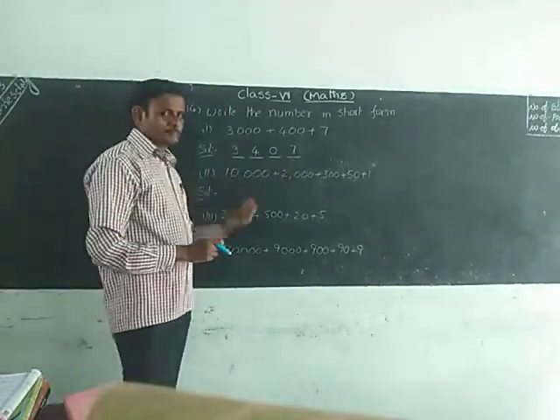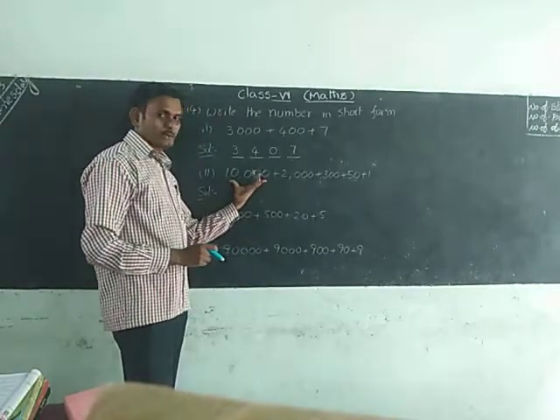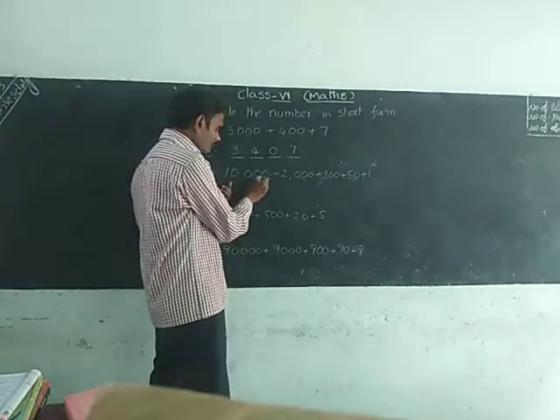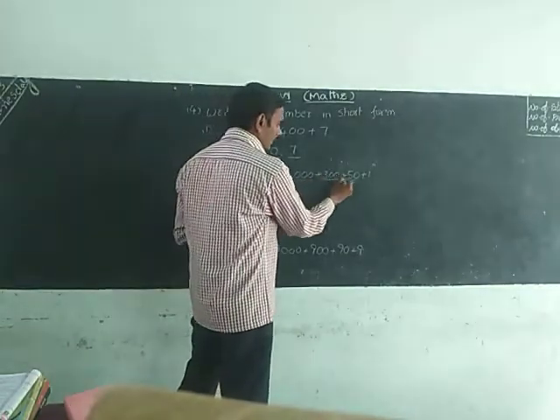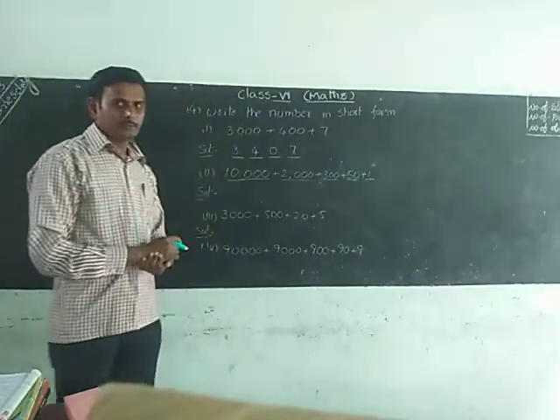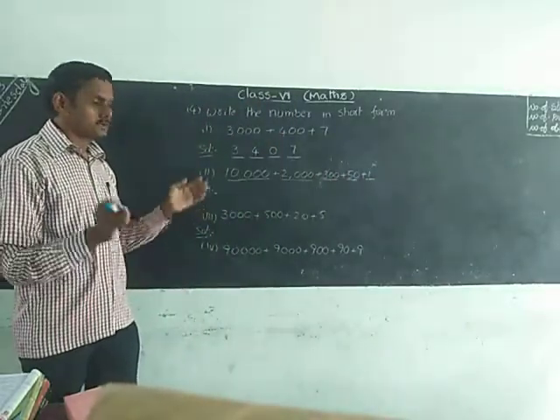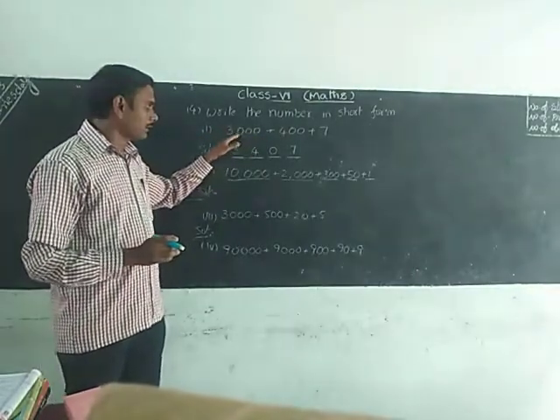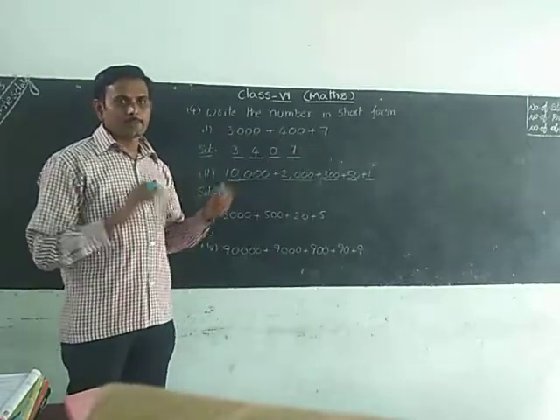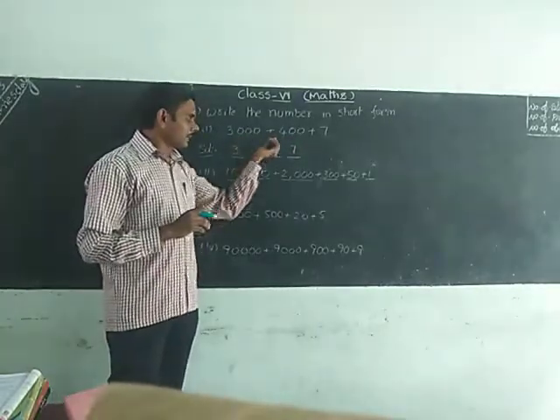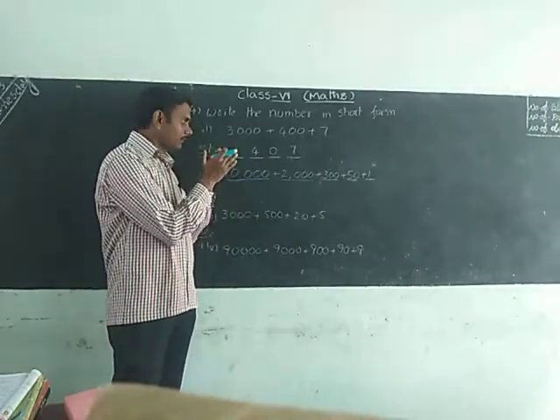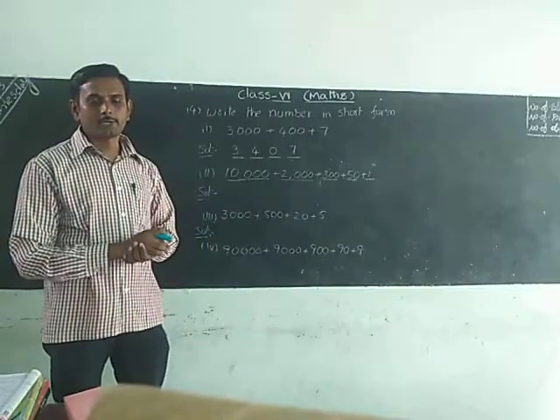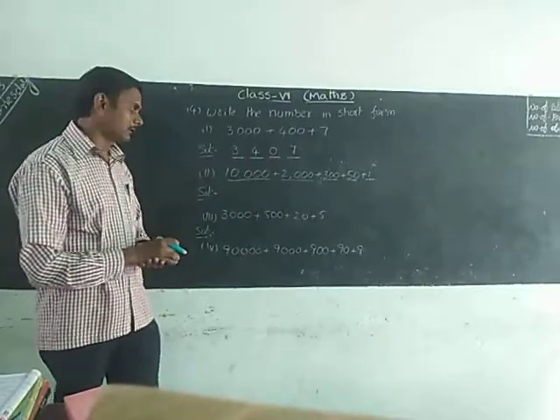Now go for the next question. In this we have 1, 2, and so on. Count the numbers only after the additions. Addition is separate here. 1, 2, 3, 4, 5. There are 5 numbers, and you have to write those 5 numbers in short form. This form is called expanded form, where the numbers are divided using plus. Without writing the plus symbol, we can write the number in this form. This is called short form or standard form.